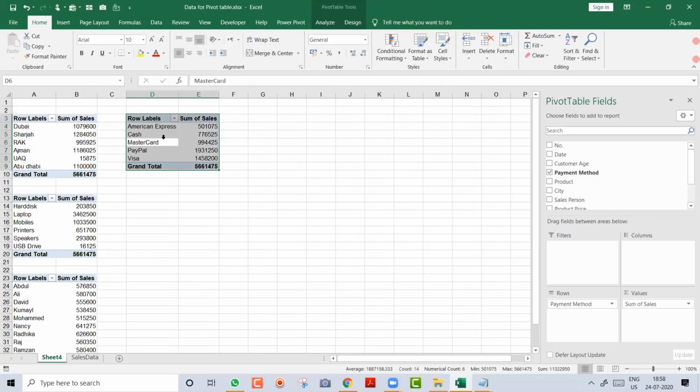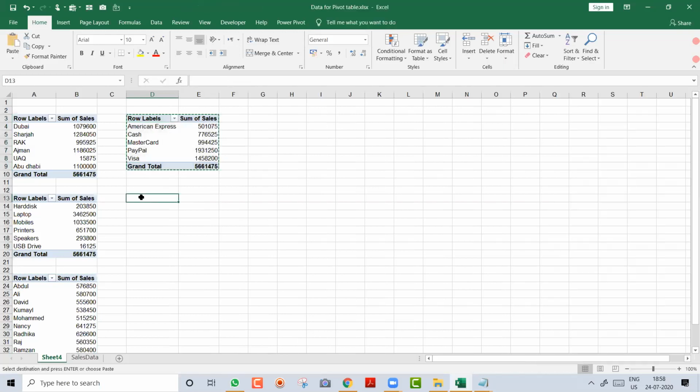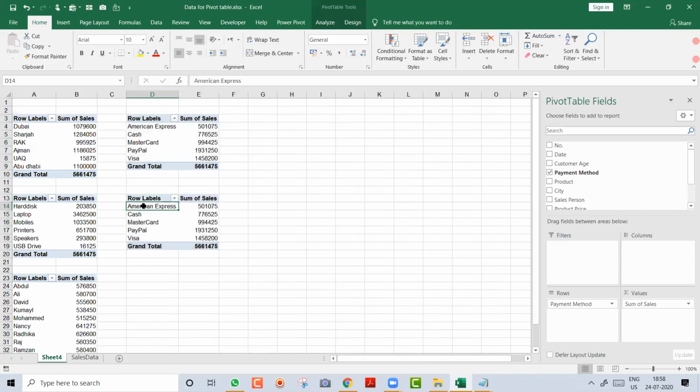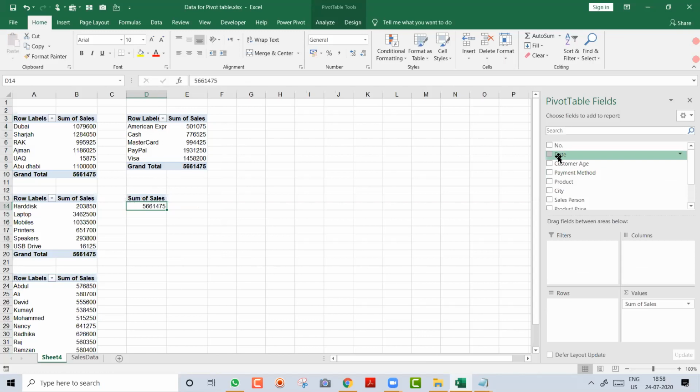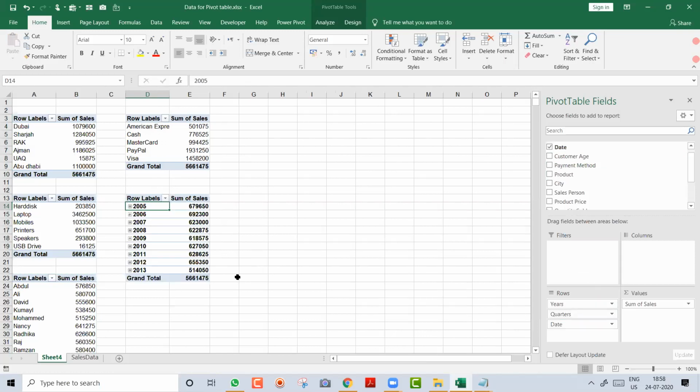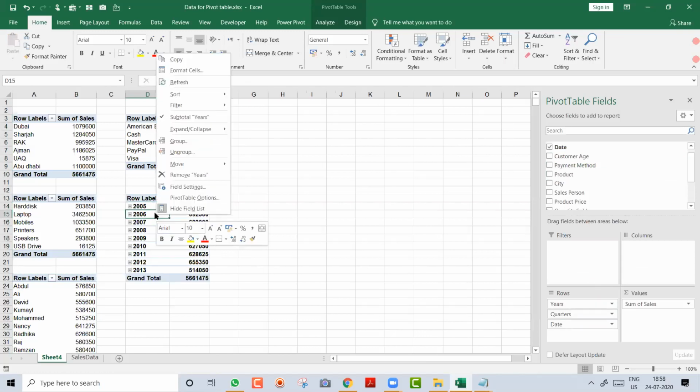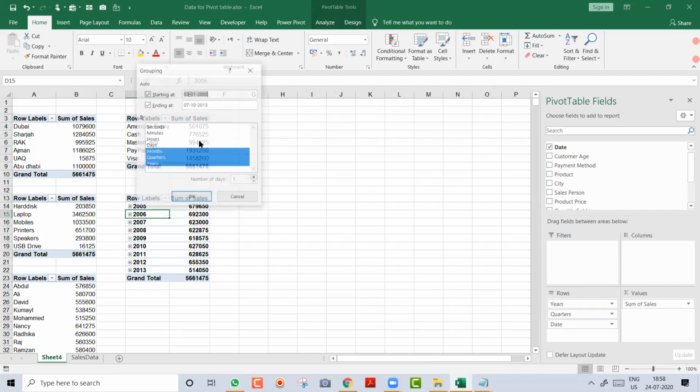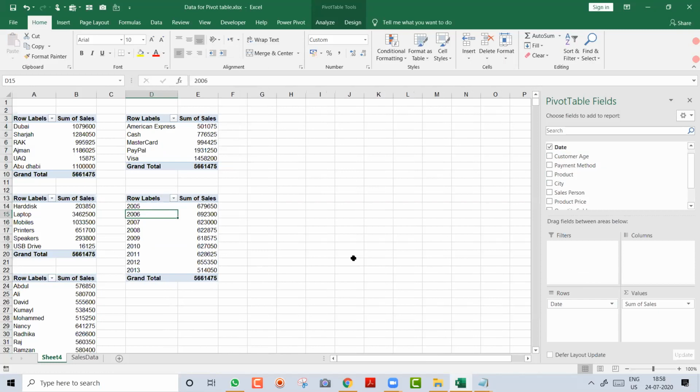Again, select all, Control C, and Control V. In the fifth one, I remove the payment and put the date. In date, I right click, select group, and just select the year. I have already shown you. So on one screen, you have created 5 different reports.